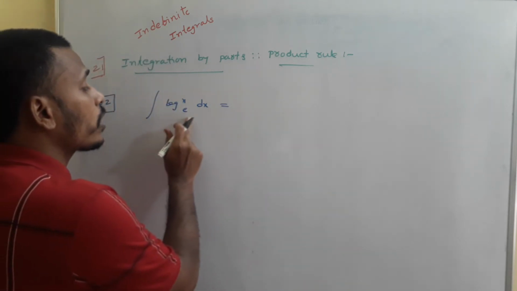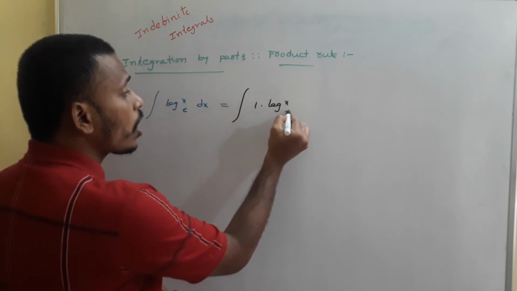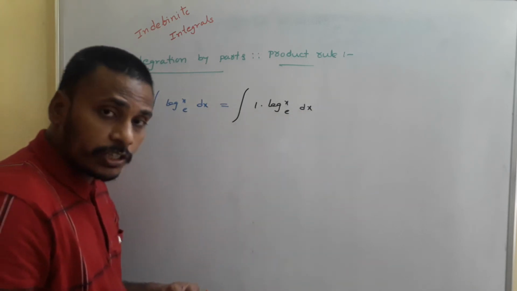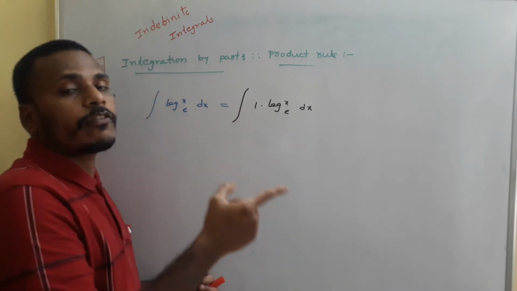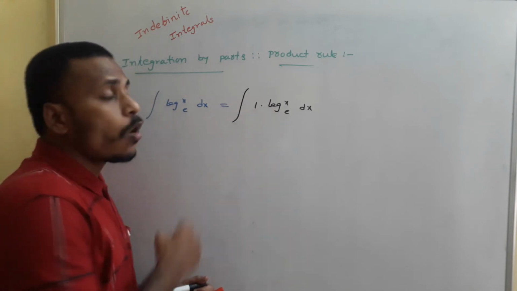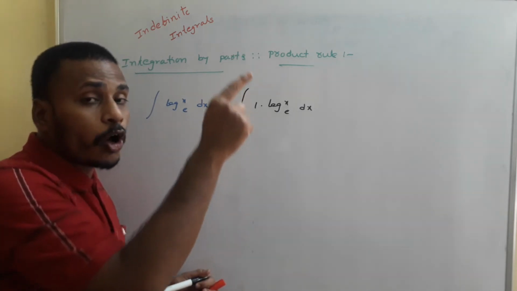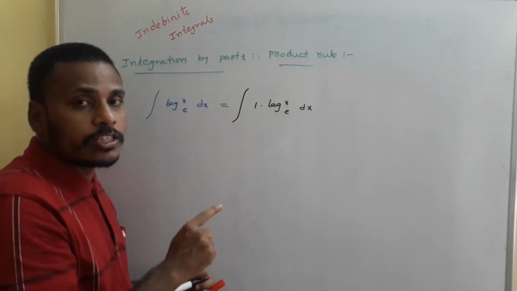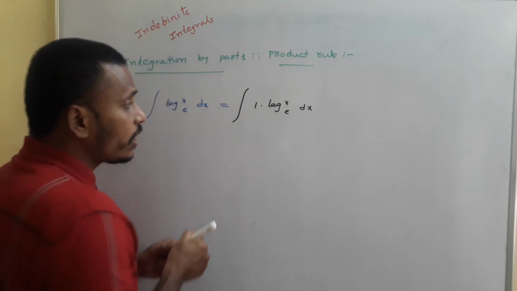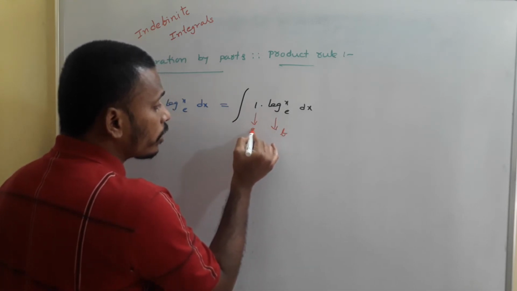So the integral of log x to the base e dx is equal to the integral of 1 into log x to the base e dx. I will use this log x base e as one function and this 1 as the other function. Which one do we use as the first function, and which as the second? What is f and what is g? Again you need to go with ILATE. In ILATE, L is logarithmic, A is algebraic. Constant terms are also included in algebraic functions, and that's why this logarithmic function is the first function, which is f, whereas this one is the algebraic function, which is g.